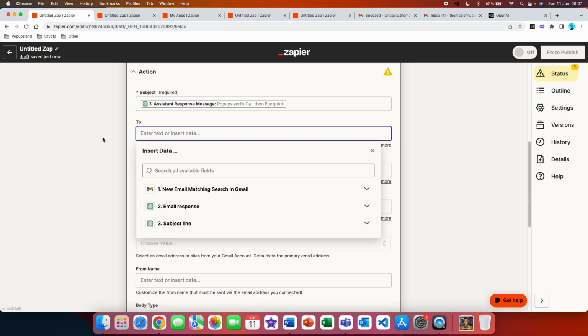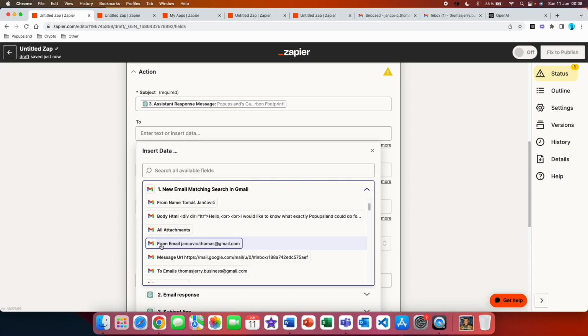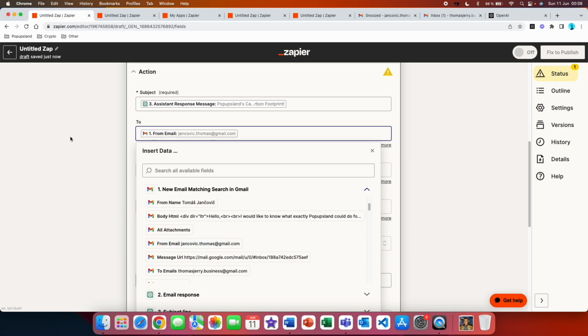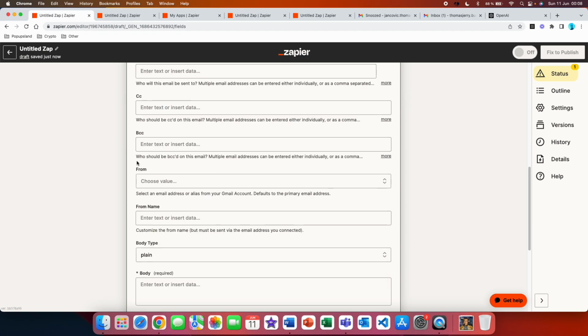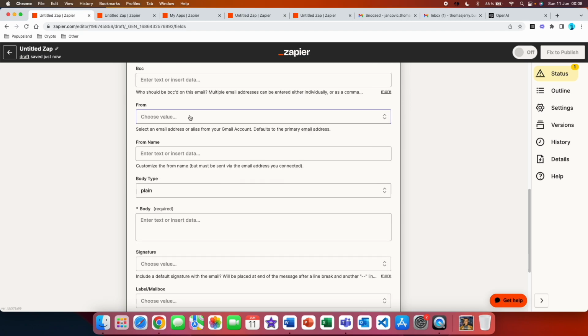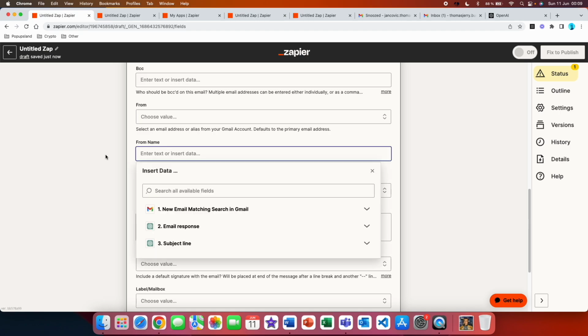In this example, we want to set up a draft that is automatically going to have the email address that we can send the email to. So here we actually go to our first trigger, and we are going to use variable from email, right? Because we want to reply to the email that triggered the flow. And have to include CC, BCC. Here from is basically the email that you have connected. The from name, you can leave it empty as well, but in our case, we can also write something like